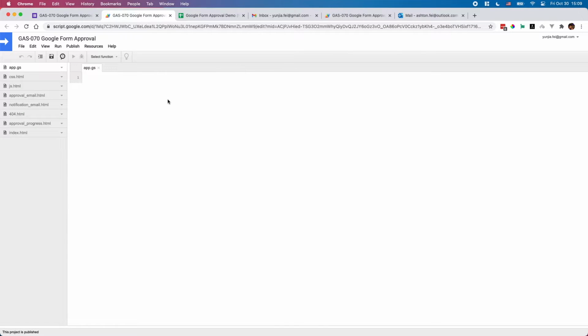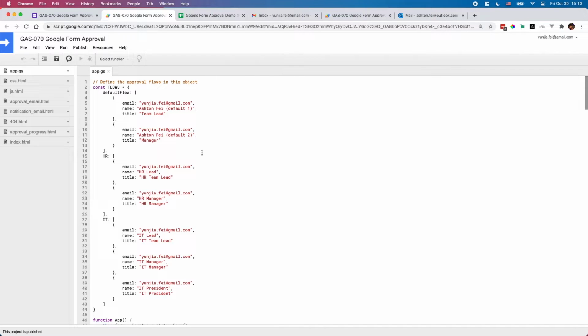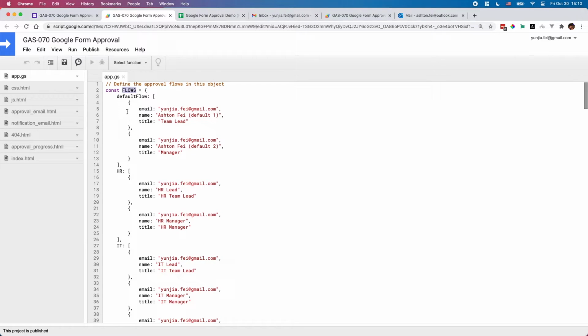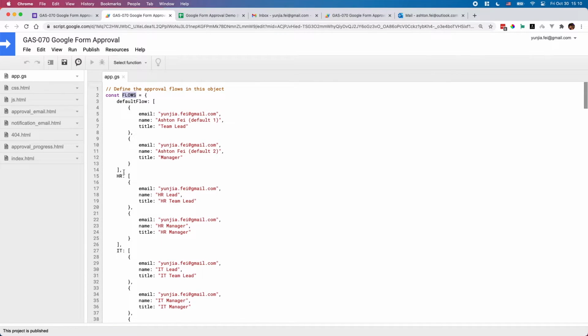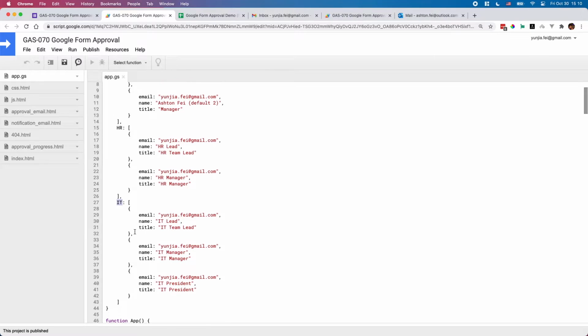So in the script, I think all the settings you need to do are in this app.gs file. At the very top, as you can see here, you need to define the approval flows. So in this object, I have a default flow. We have three key-value pairs here. The first one is the default flow, another one is for HR, and the next one is for the